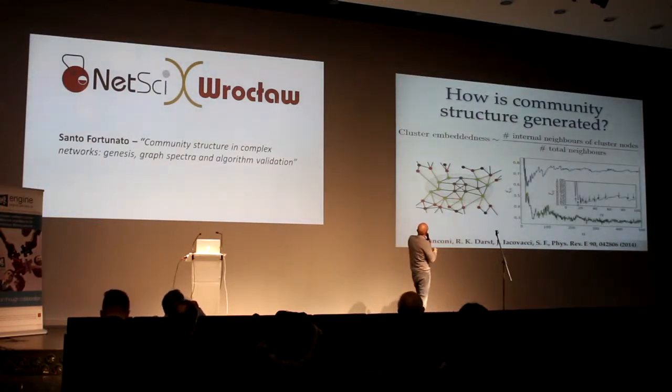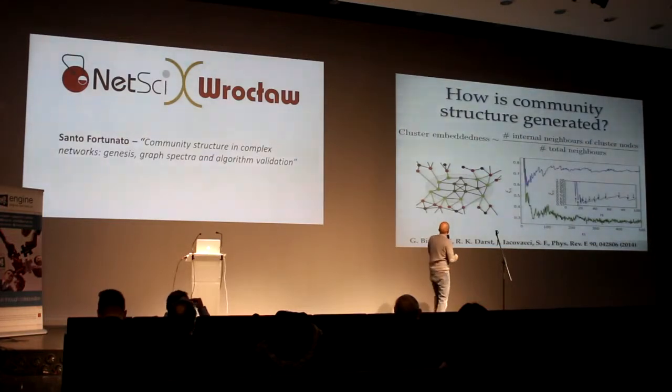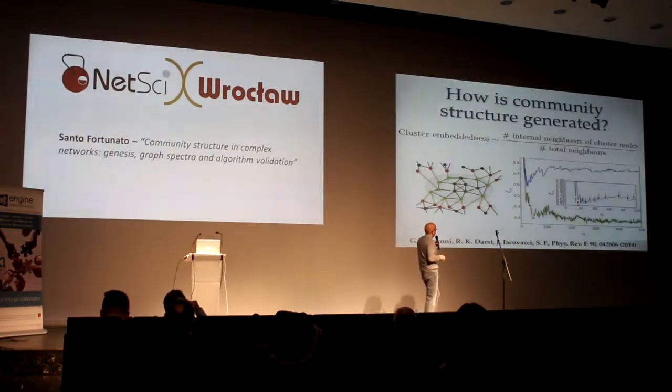So this is what you can see here. This would be the external nodes, so those would be the external neighbors, and all the green ones would be the nodes of the clusters and also internal neighbors. Here you see this quantity, not exactly this one, but a similar one, which somehow discounts for random fluctuations for two different versions of the model obtained for two different values of p,